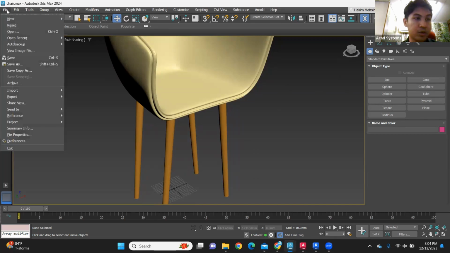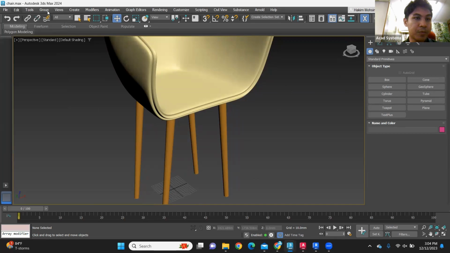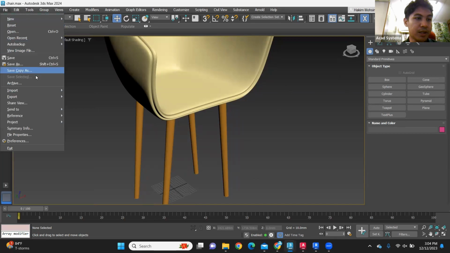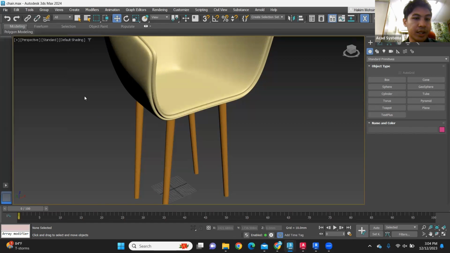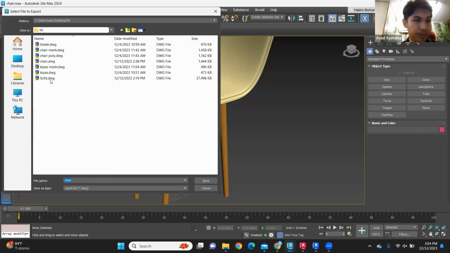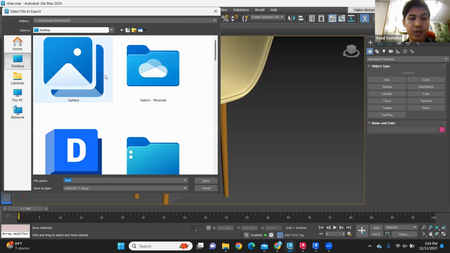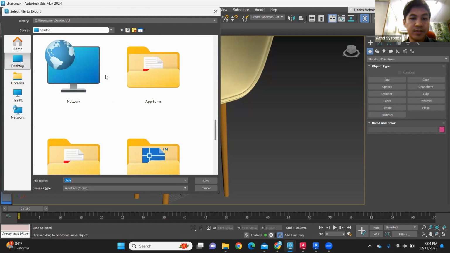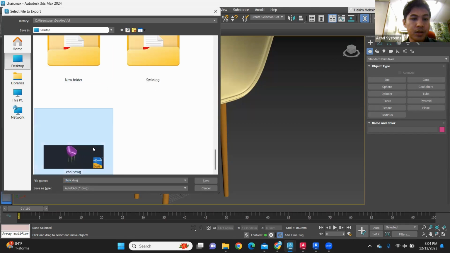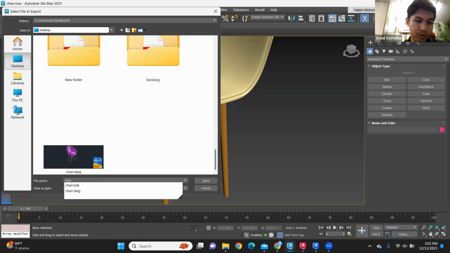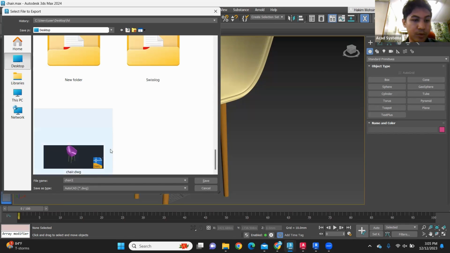So I'll go to File. From our ribbon here, we go to File, and then we go to Export, and then Export again. Click on it. So you can specify where you want to save the file. I'll just name it Chair2. Obviously, I've tested this out previously. I name it Chair2. Then I would